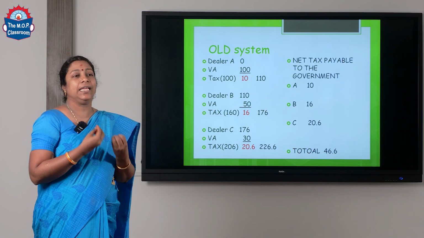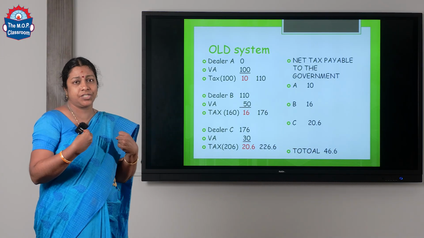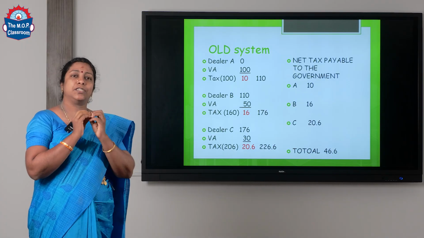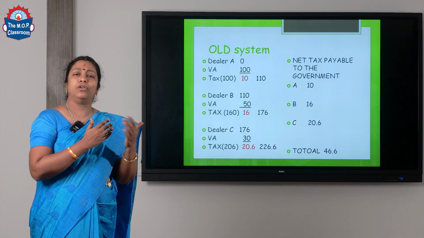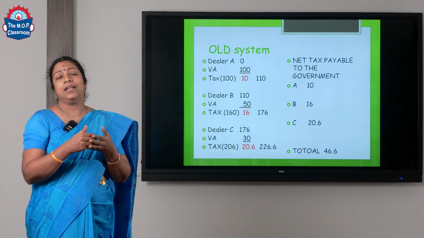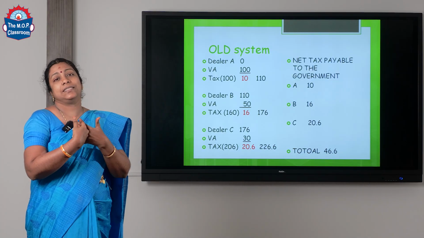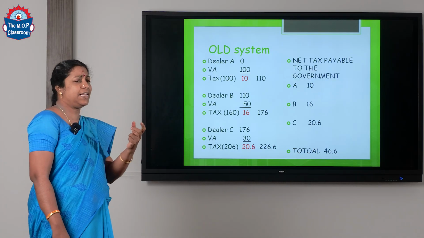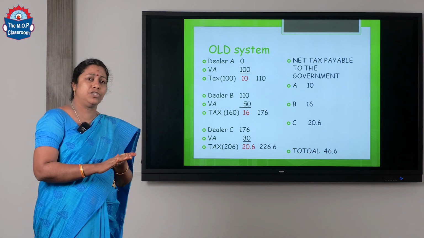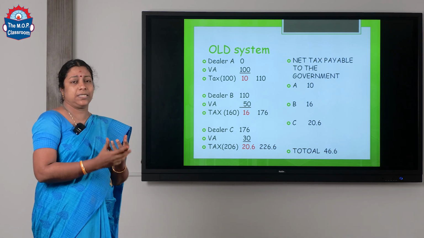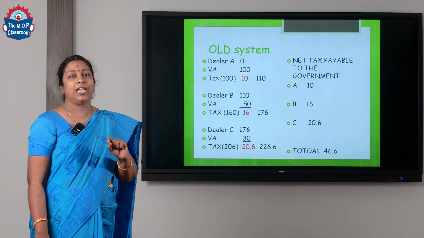Let us take, we are eating rice. Can we just eat the paddy as such? No. It has to be processed, it has to be removed, it has to be polished. A lot of stages are there till it reaches us as rice. In the same way, any natural product cannot be consumed directly, it has to be done with some processing. So that processing is nothing but the value addition.